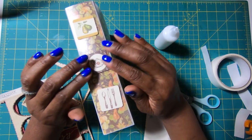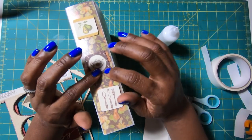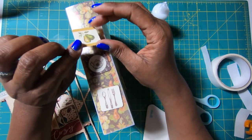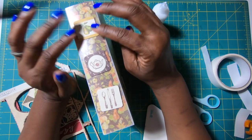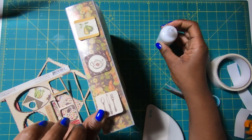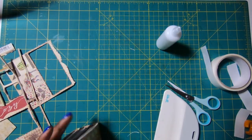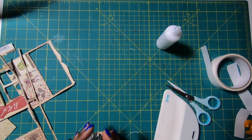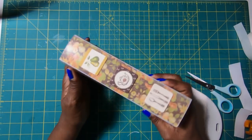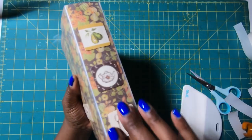place it down, and I did find that when I used glue in this manner with just a little piece of paper and stuck some glue on it and placed it here, it worked. So I am just placing these down, and I'll have a moment to go back and straighten those up. So they might look crooked, but I will straighten them. So let me bring this to me. And so there we have it, guys. All we need to do now is to allow this to dry, and we will have a finished